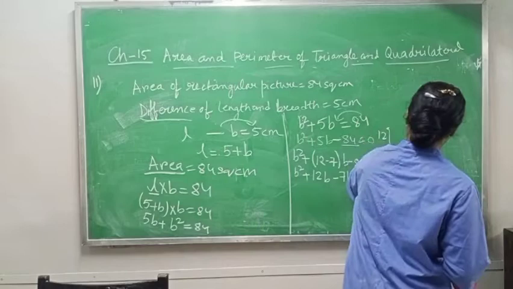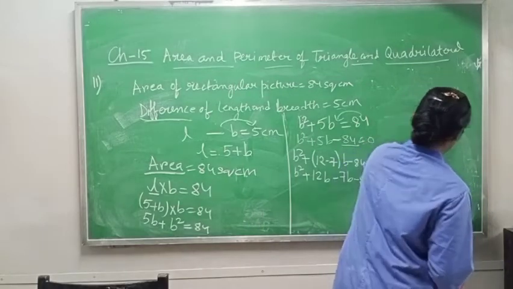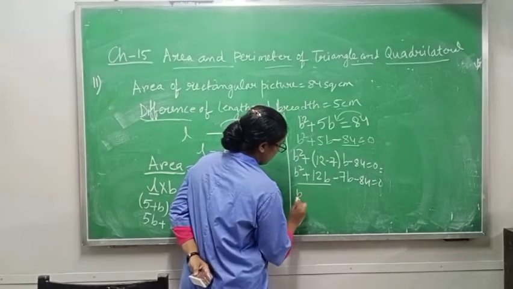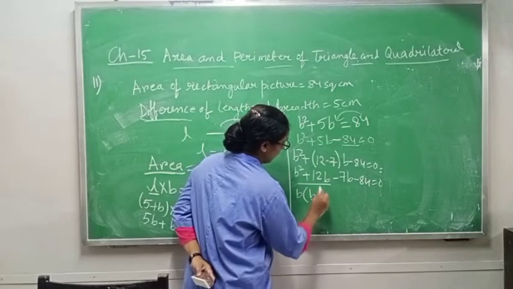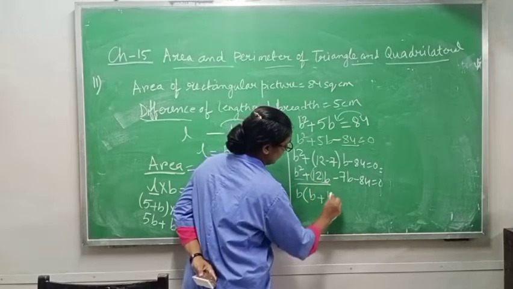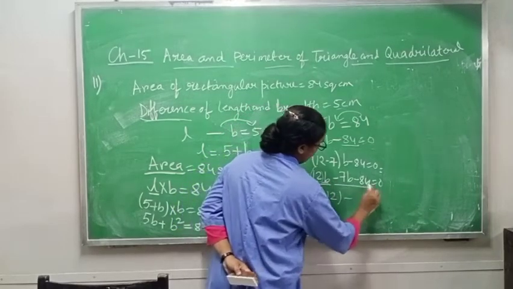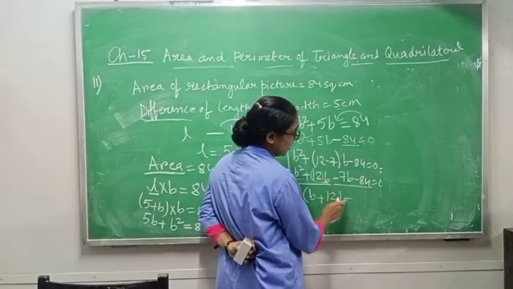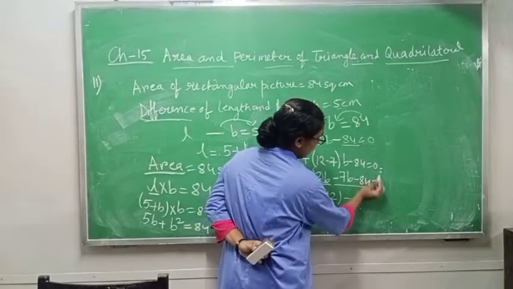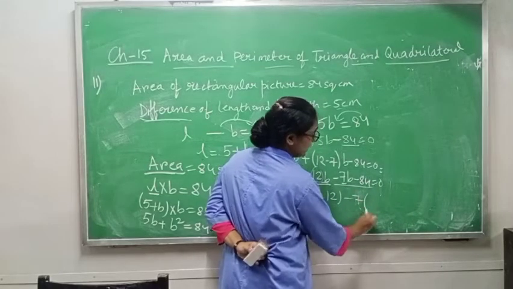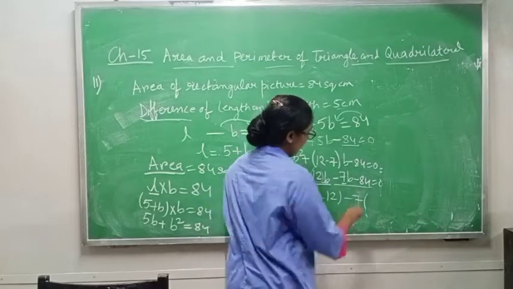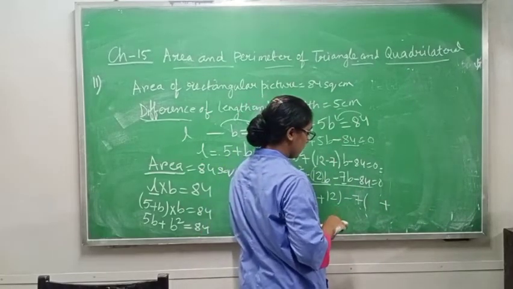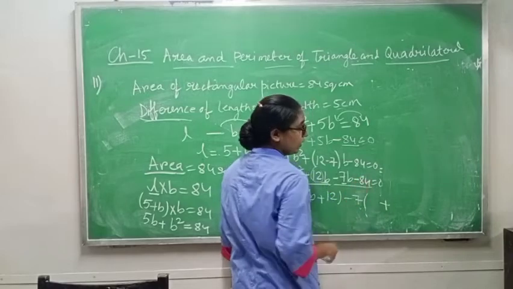Now after this, I am rubbing this portion. We have to take common from this 2. So B we can take common, B will be left, and from here if we take B common, 12 will be left. Now from here, minus 7B minus 84. I have to take minus common. If I am taking minus 7 common, then whenever you take the minus sign common, the sign will change.